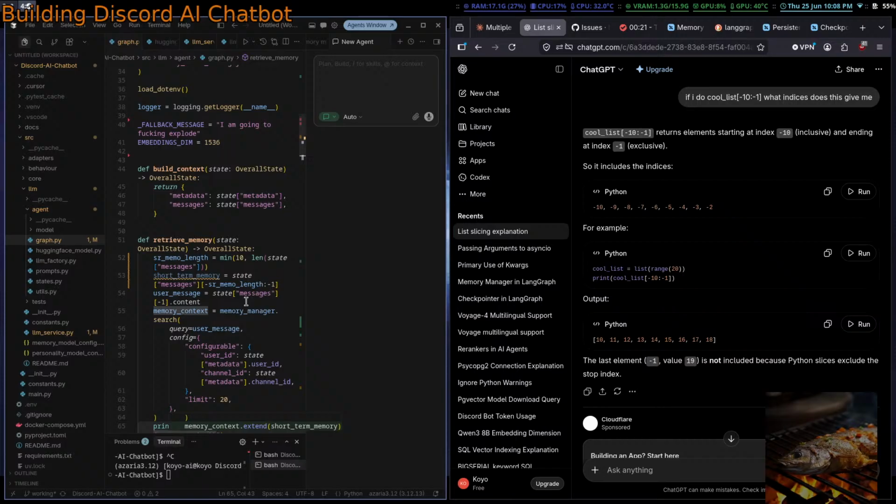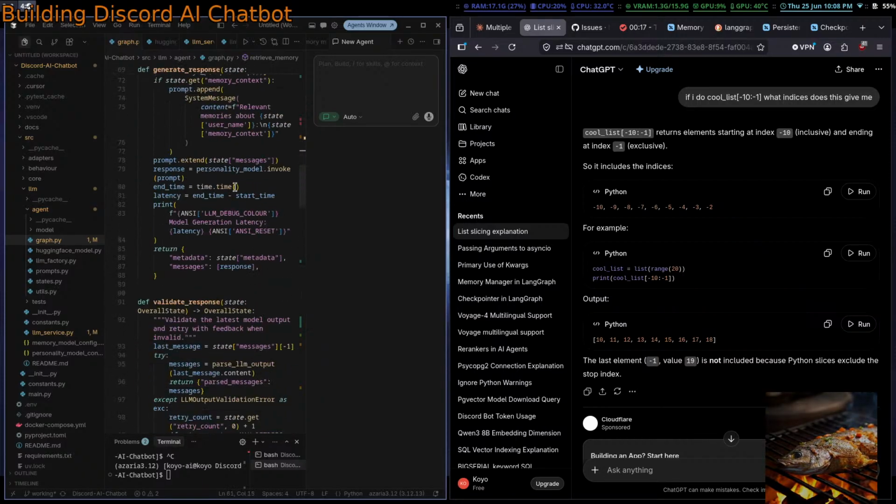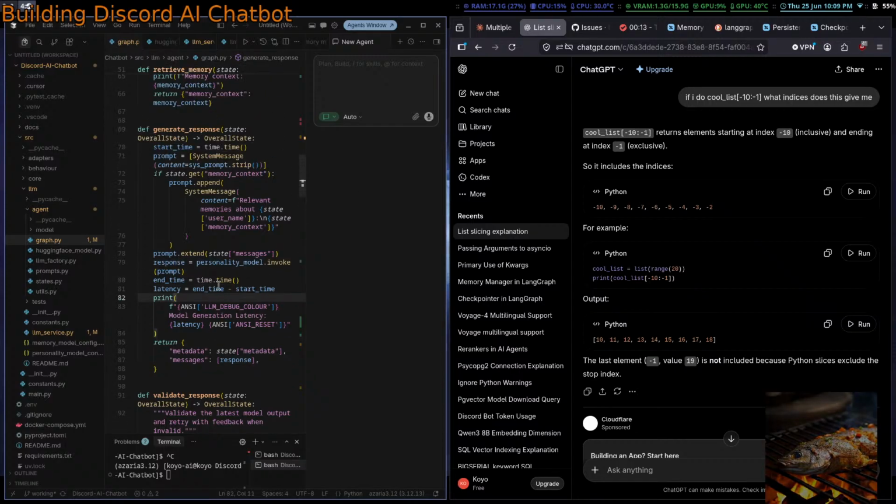I have to name everything. I don't want to rename everything. I get memory context, prompt append system message relevant. Okay, and